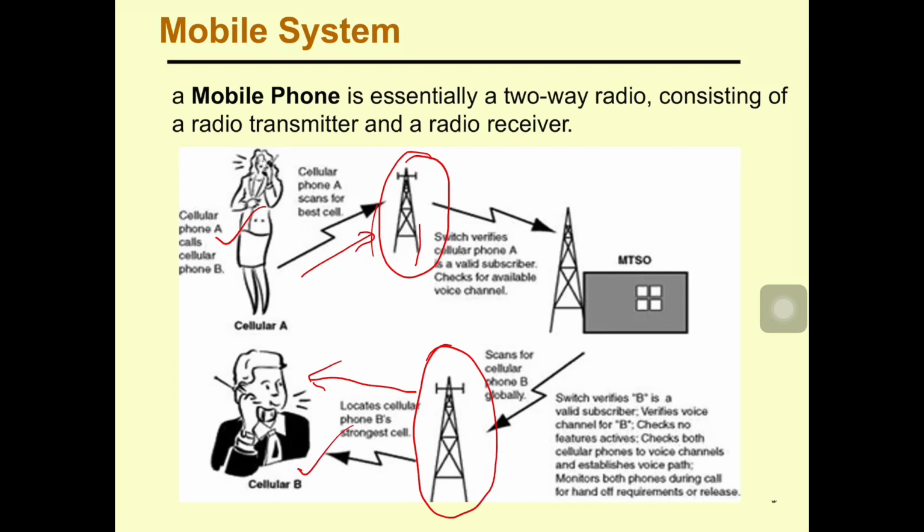If it is a valid subscriber, then it scans for cellular phone B globally. Okay, it finds where cellular phone B is. Okay, then it sends the signal to the tower of the receiver. Okay, at the receiver end it sends the signal to cellular phone B which is located in its area. Okay,